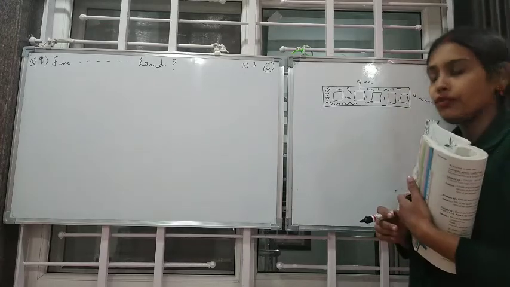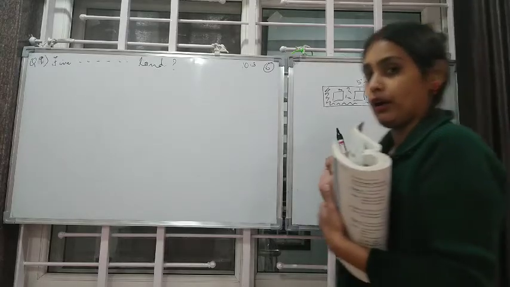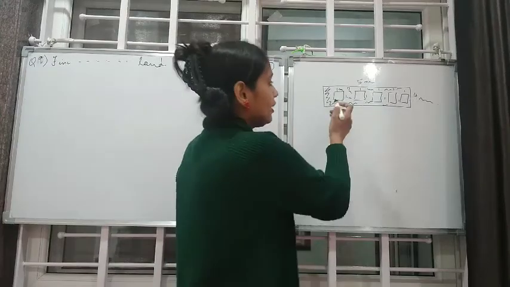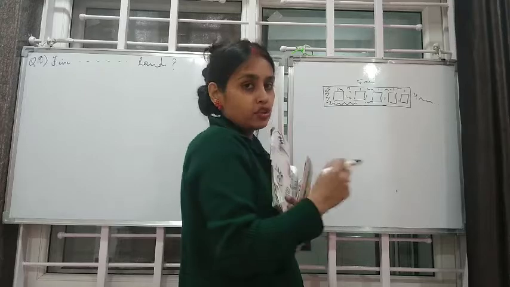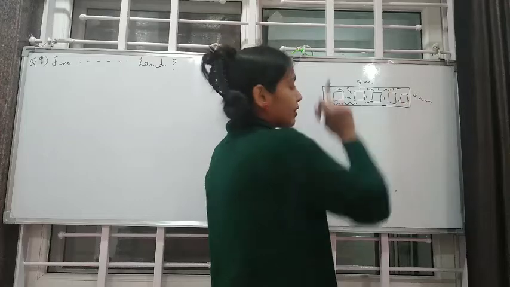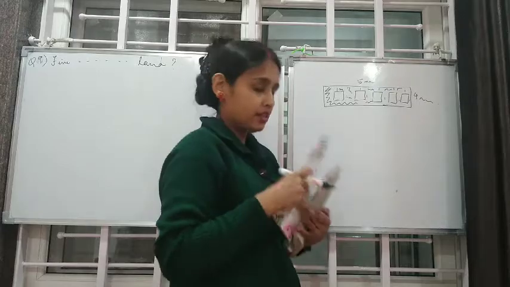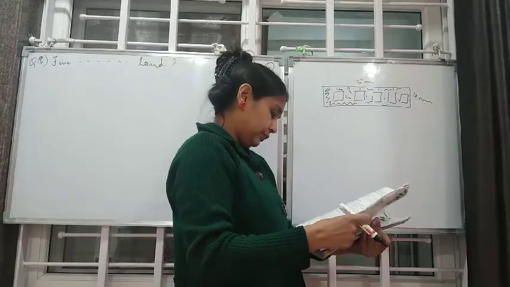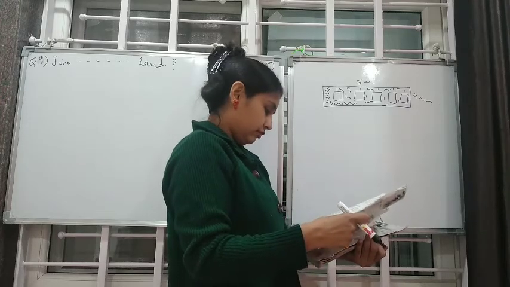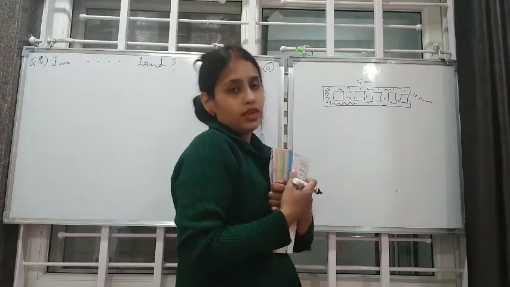Okay, so what to do? Very simple. Find out the area of this flower bed. Now it's a square, so we'll find out the area by using the area of a square. And how many they are? 1, 2, 3, 4, 5. So we multiply by 5. We find out the area of 1 flower bed, then we find out the area of 5 flower beds, and then we subtract it from the total area. That is the rectangular plot's area. Rectangular, no? Nothing is written. Just land is written. Okay. So that's how we are going to do.